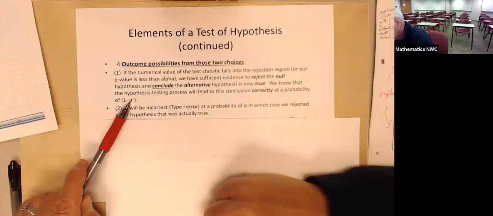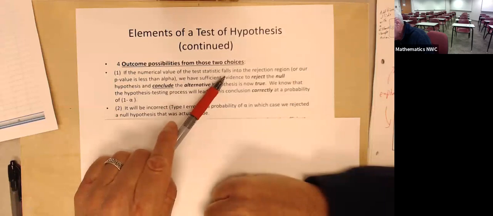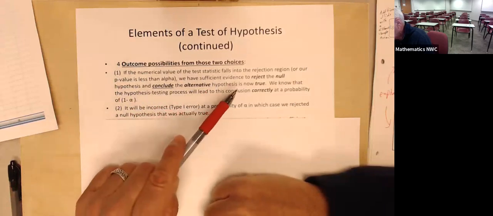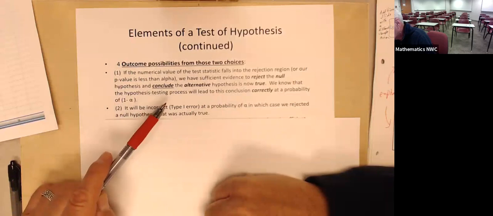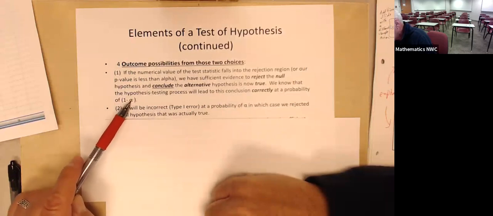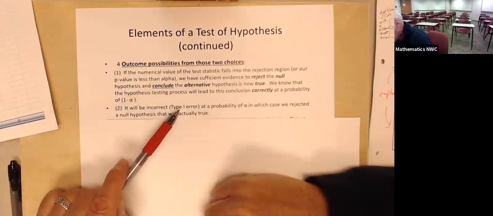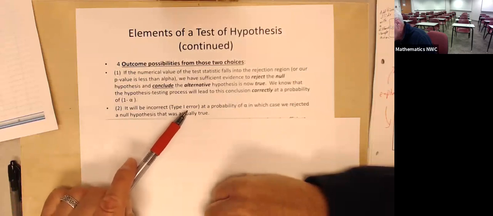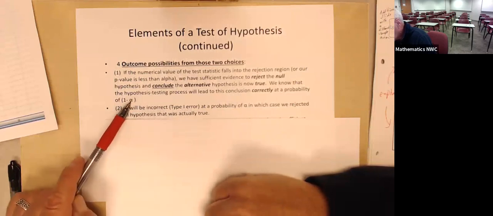Alpha, though, is, in our previous problem, 5%. Well, it's possible that once in a while you just get a weird sample. It's in that 5% probability, and that weird sample went over our line. So we did what we expected to do. We rejected the null, we concluded the alternative. But 5% of the time, that's going to make an error. That's going to be called a type 1 error. If alpha was 0.01, then 1% of the time you'd make that type 1 error.